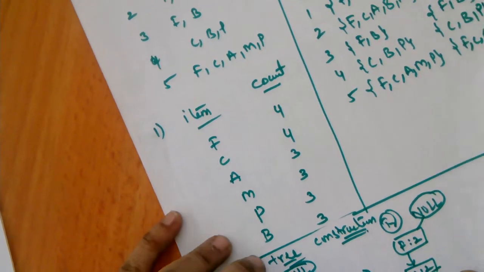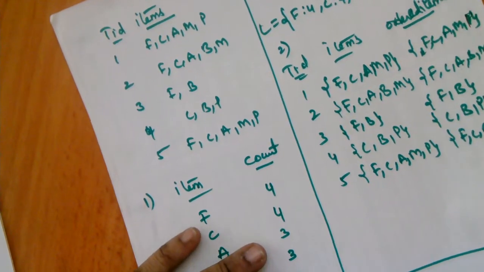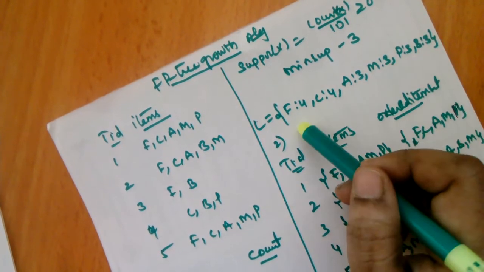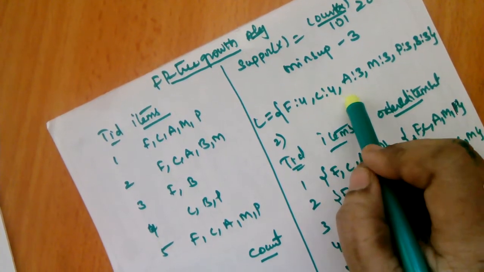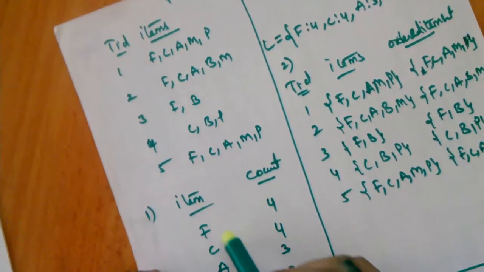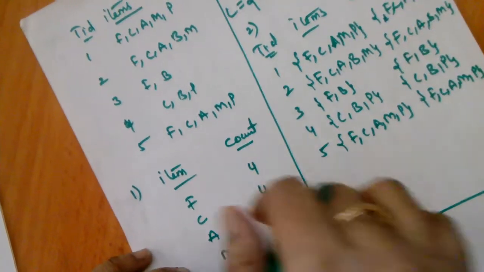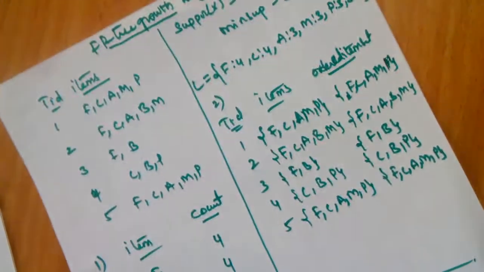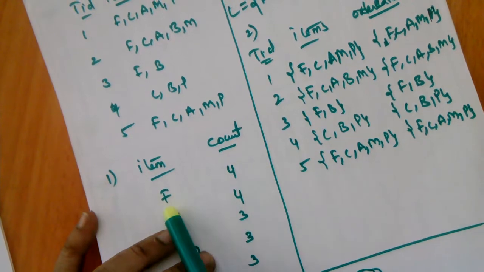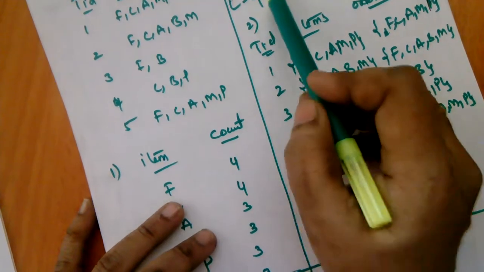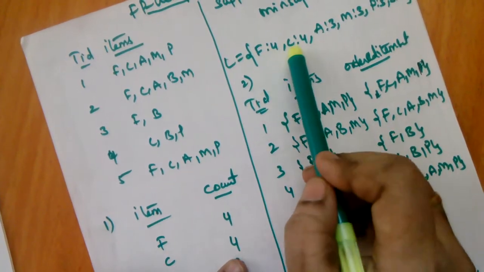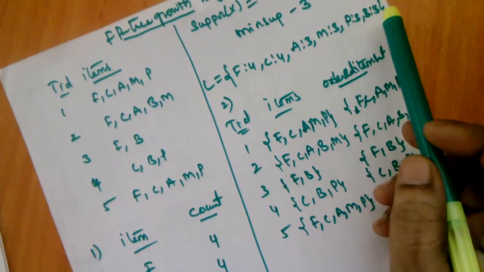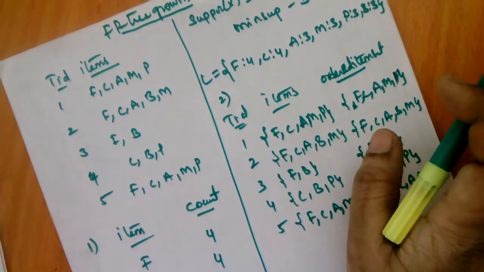Now next, what do we have to do after finding the frequent items? These elements are stored in descending order of their respective frequency. After insertion of the relevant items, we have to arrange these frequent item sets in descending order of their frequency. So in descending order, what is the highest count? F, based on this count. Next C, and the remaining all have the same count, so I am adding A, M, P, B. This is the next step.